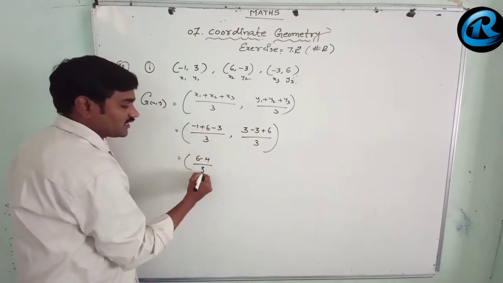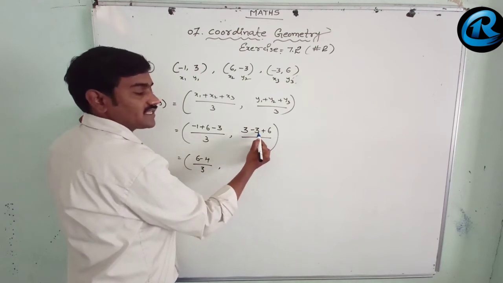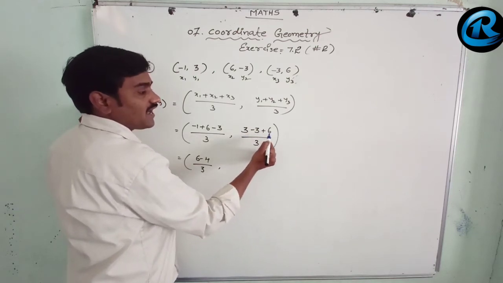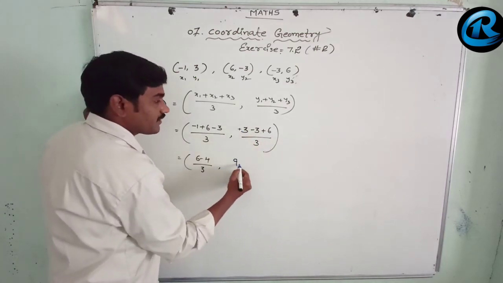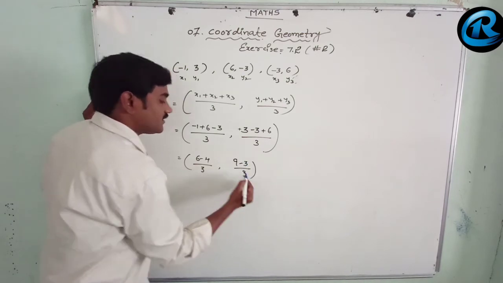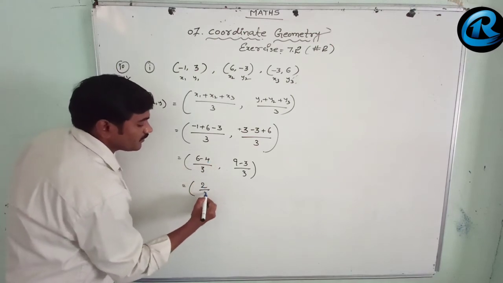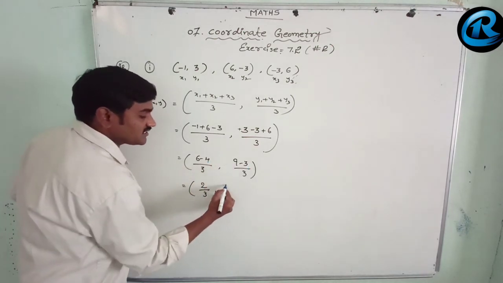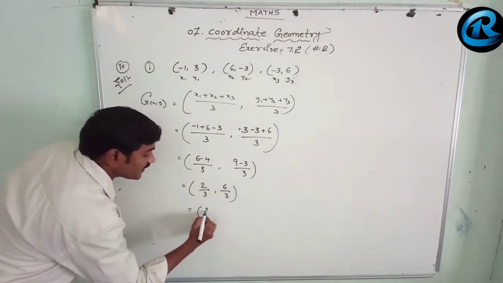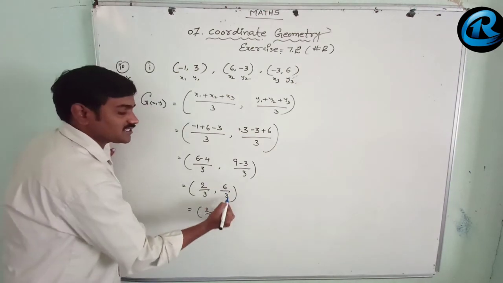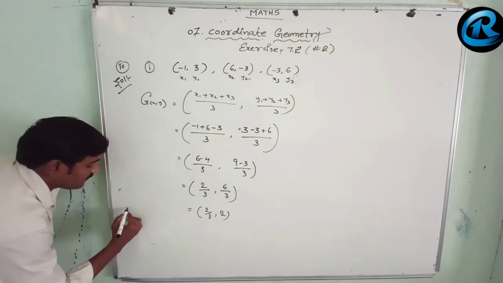So 6 minus 4 by 3, comma, here plus 3 and minus 3 will cancel, or rather, the plus values let us add: plus 3 and plus 6, 6 plus 3 is 9, 9 minus 3 by 3. Now 6 minus 4 is 2, so 2 by 3, and 9 minus 3 is 6, 6 by 3. It can be simplified again. 2 by 3 can't be simplified, but 6 by 3, 3 twos are 6, we get 2. Therefore, the centroid of the triangle,